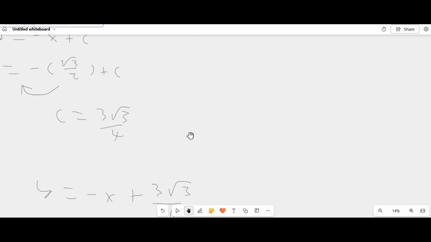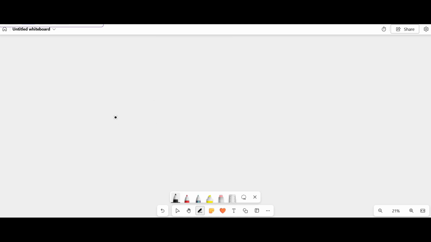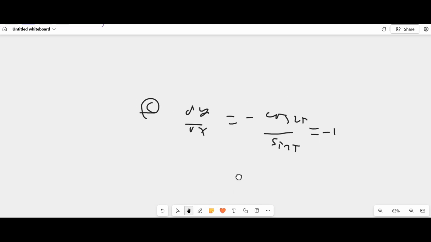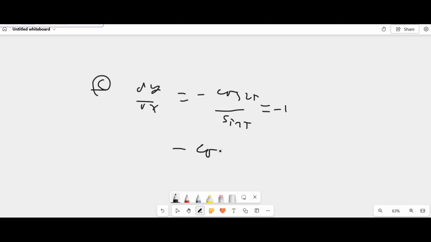Alright, part C, final part. So therefore dy over dx here was equal to minus cos 2t over sine t, yeah? And now it's telling you that the gradient is equal to negative 1, because it's saying that's the same gradient as whatever line, and that line has a gradient of negative 1, yeah? So you do that times sine t up there. So you're going to get negative cos 2t is equal to sine t,